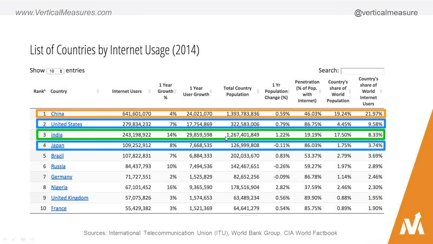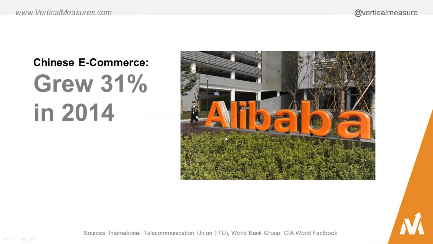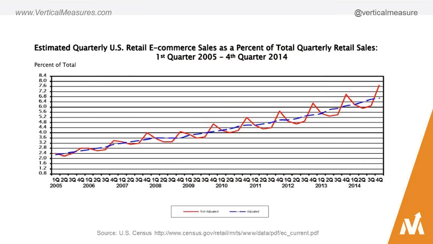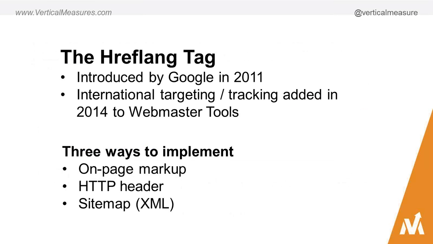Looking at just the U.S. real quick, I wanted to show you something I read just yesterday. With the introduction of the IPO of Alibaba, there's been a lot of attention in the news. Just last year, China e-commerce grew 31%, and now we're just over $2 trillion just in China. So things are going way up. If you look at the U.S. quarterly retail sales report, e-commerce sales are growing year over year over year. There's no dip in this trend. So it's very exciting, in fact, to be online selling products if you have services that cater to international users. It's a great time.